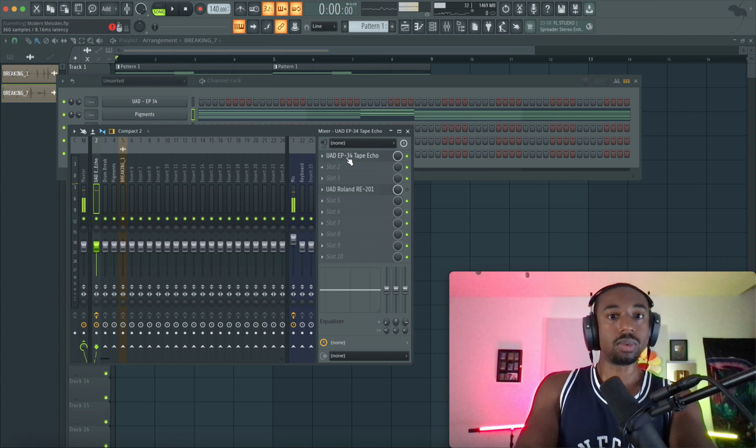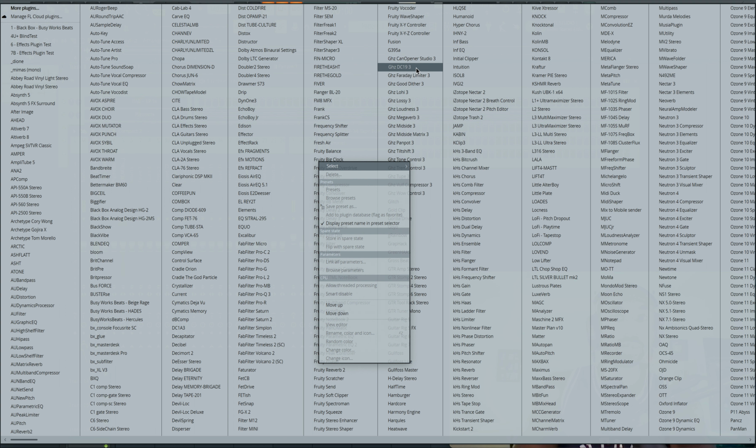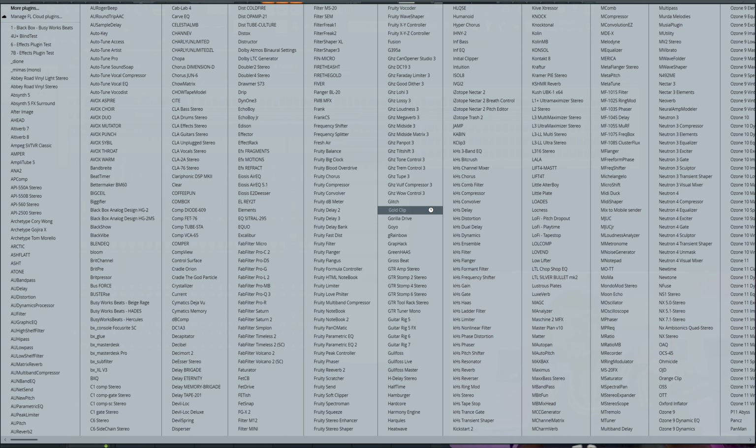Now, my favorite plugin to run drums through is Gold Clip. I'm not sure my computer can handle this, so pray for my computer. There's another plugin called Shaper Box, so I'm going to see if that adds any kind of flavor to the melody. But those are going to be the techniques.